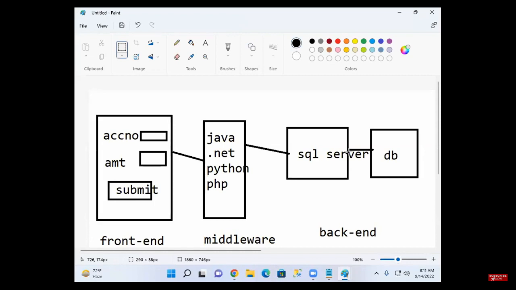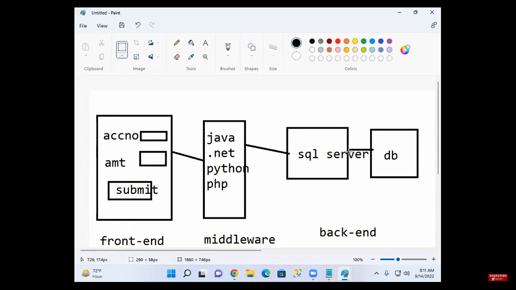If you know only SQL Server, it may take 6 months to get a job. If you know these three technologies, within 2 months you can get the job. Yes or no? If you know only SQL Server, then it may take time, but if you know these three, you can get a job in less time, because companies require these three. So getting a job is easier and faster compared to knowing only one.